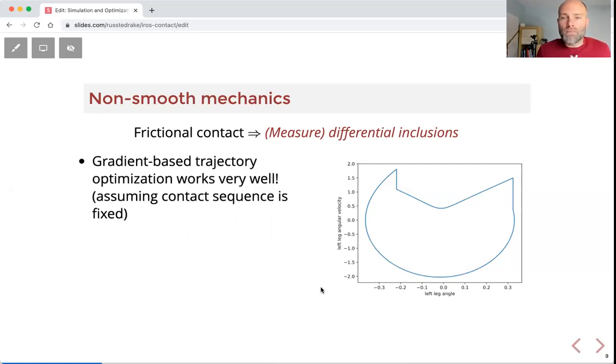As a result, because we have the ability to write these gradients beautifully down, we've seen for many, many years, for decades, gradient-based trajectory optimization working very well in these problems. In particular, in the case where the contact sequence is fixed. So if I know for my walking robot that I'm going to strike with my heel first and then strike with my toe, and then push off with my heel and push off with my toe, and my other foot is timed accordingly too, if I'm willing to lock in that sequence, then actually our gradients are very well behaved, and our gradient optimization works extremely well.